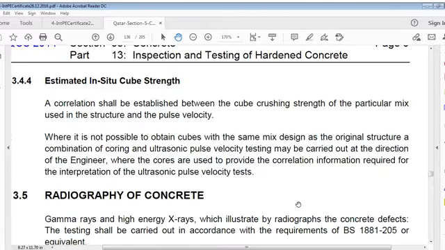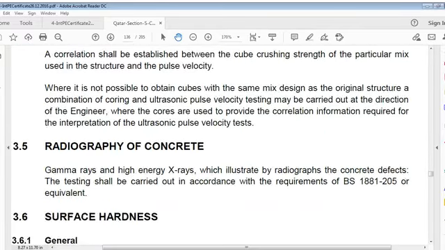A correlation shall be established between cube crushing strength of particular mix used in structure and pulse velocity. Where it's not possible to obtain cubes with same mix design as original structure, a combination of coring and ultrasonic pulse velocity testing may be carried out at direction of engineer. Where cores are used to provide correlation information required by interpretation of ultrasonic pulse velocity test,